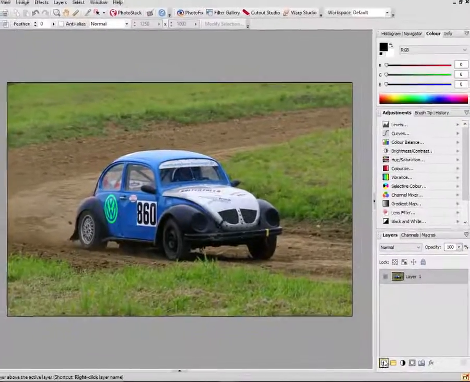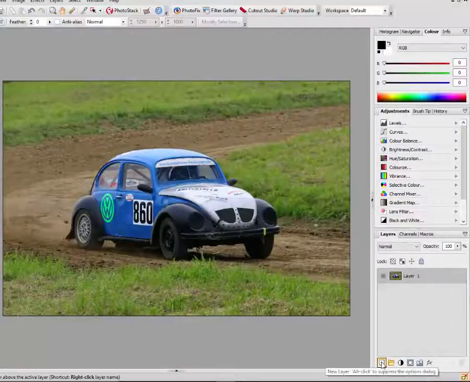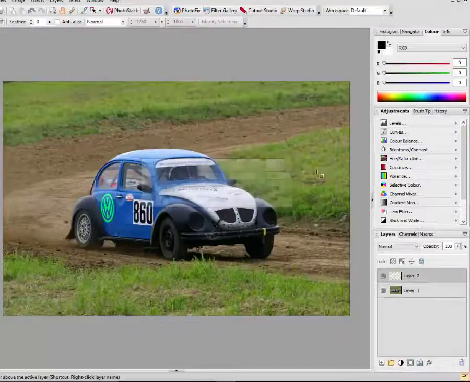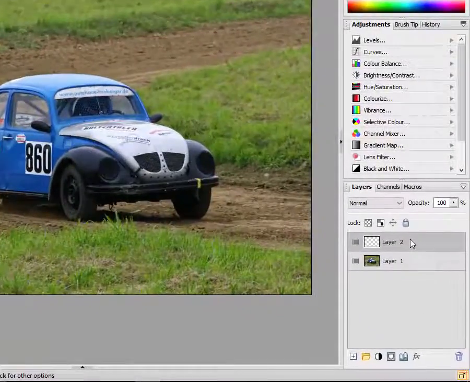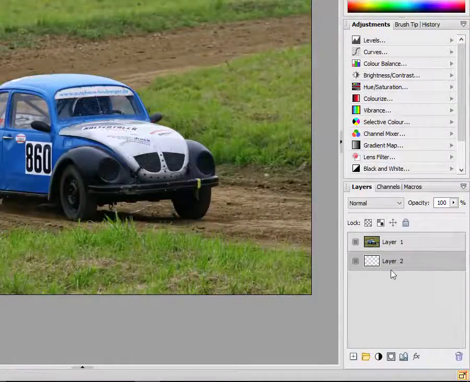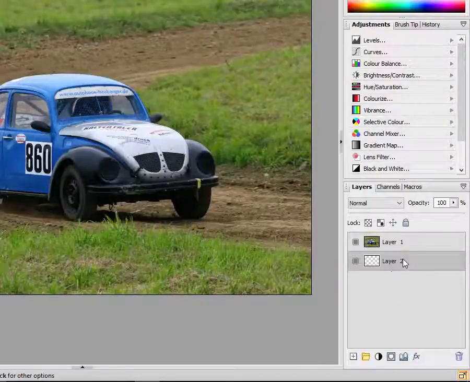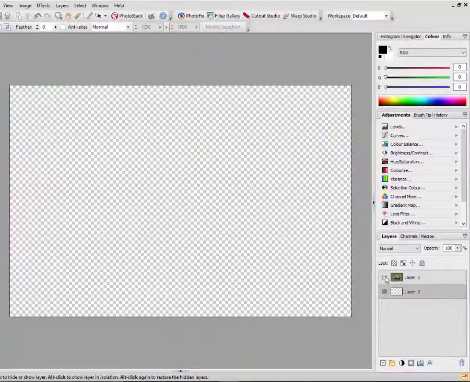So now I'm going to add a new blank layer by just clicking this icon down here. Just click OK, and now I want to drag this layer under that one. So just click and hold and drag it down until that red line appears, and then when you let go, you now have a blank layer below it. Now if I turn off this layer with the image by clicking that button there, as you can see, this is the blank layer below. Now this is going to be the background,